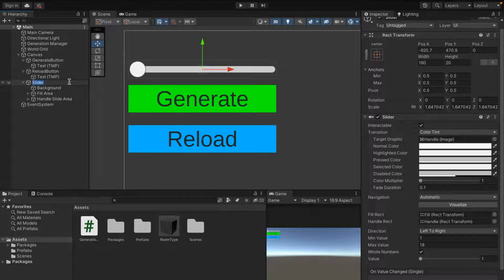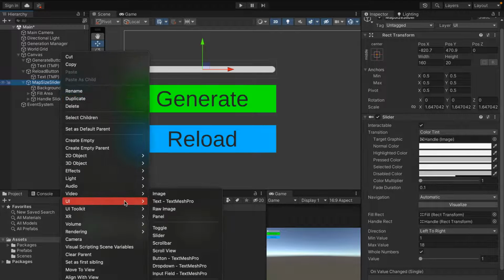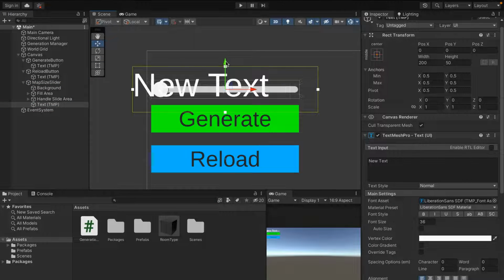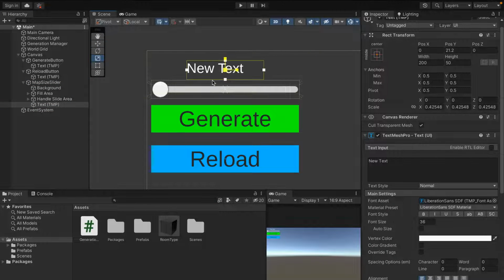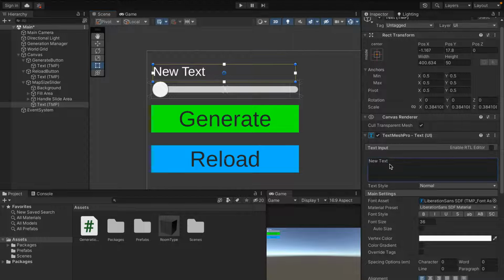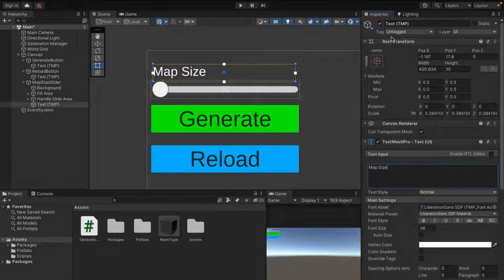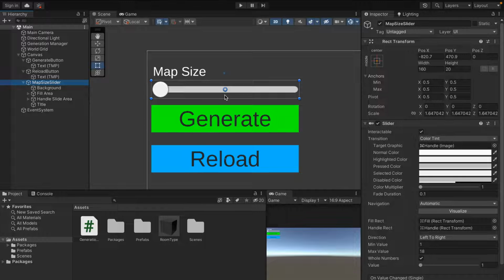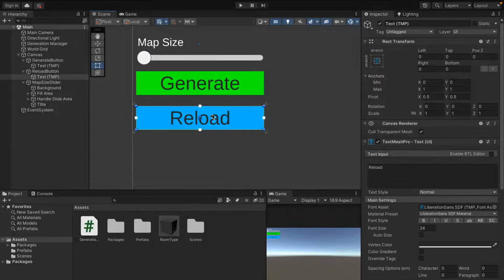So I'm going to change this to map size slider, and I'm going to add a text to it just to make it clear. And on top of the slider, just like this, a little bit smaller maybe. You can play around with this a lot if you want. I'm just making really basic text right now. And I'm going to change this to say map size, just like that. And I'll change the text to say title. So there we go. We have a map size slider, we have a generate button, we have a reload button,